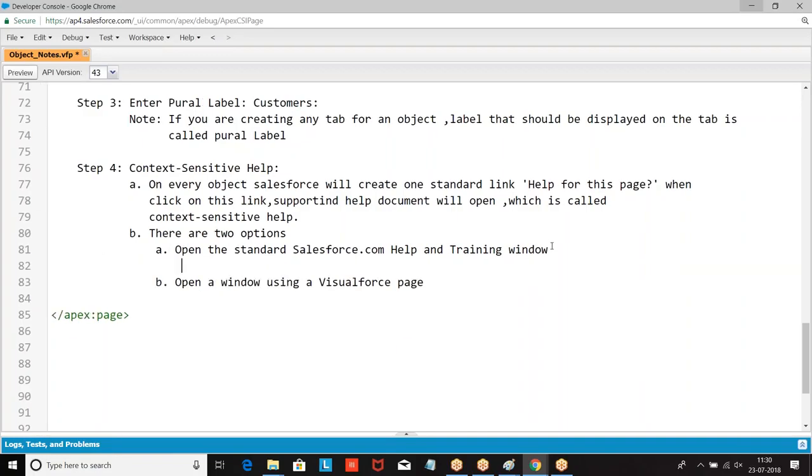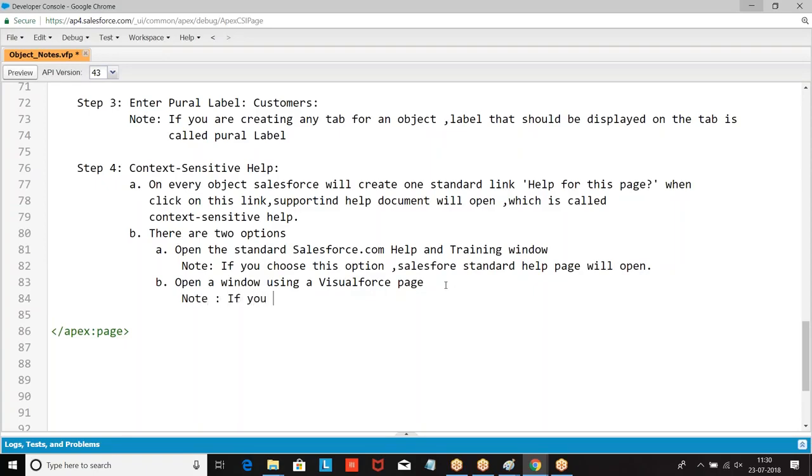If you choose the first option, the Salesforce standard help page will open. If you choose the second option, we can choose any one of our own Visualforce pages.